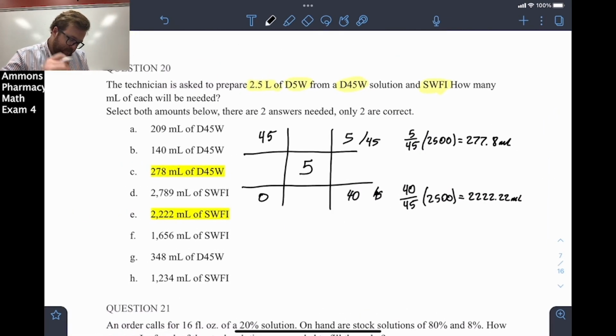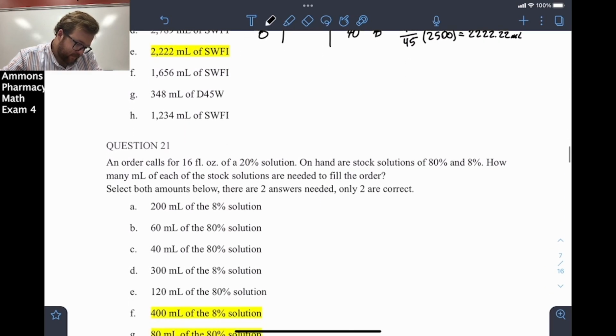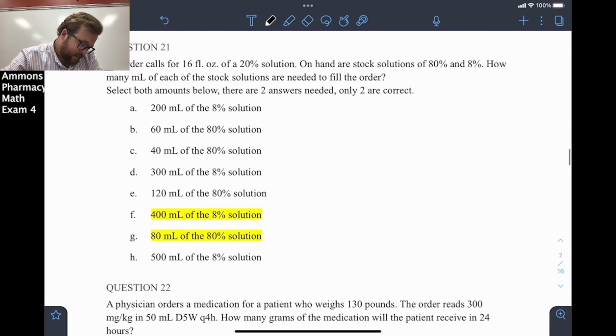A lot of 2's. So yeah, 278 of the D45, 220, yeah, of SWFI. Another alligation,